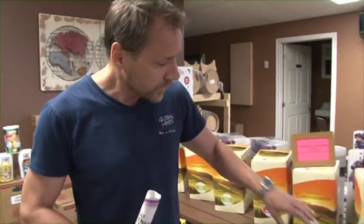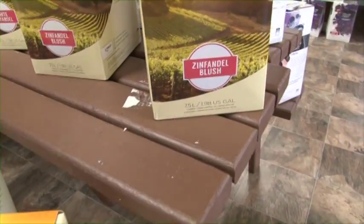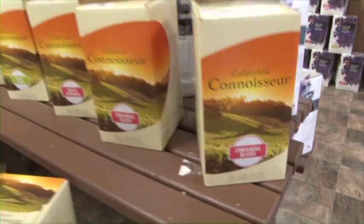There's different sizes of kits, different price points, different denominations, and what I mean by that is you're basically buying the denomination of juice. We carry 7.5 liters, they go to 10 liters, 12 liters, 16 liters, and 18 liters. And that's how the price points vary. So the more juice that you're buying, the less water that's added to bring it up to that 30 bottle mark. So the nicer, fuller style of a wine that it is. Then the opposite, the smaller of the denomination of juice that you buy, the more water that's added, and less